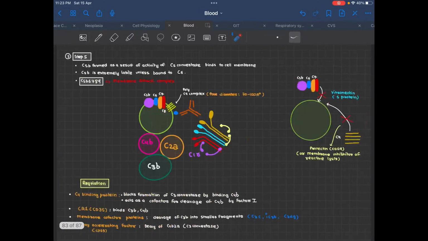So once we have the C5B, which is the bigger subunit, C5B आएगा. Now what's going to happen is C6 भी आ जाएगा, C7 भी आ जाएगा, C8 भी आ जाएगा, and next C9 के multiple units आएंगे. So they're like a poly C9 complex. And what's that going to do? All of these C9 subunits are going to form a pore. Okay, so it's a poly C9 complex, and it's going to form a pore, and that pore is known as a membrane attack complex. So this पूरा portion, that is C5B, 6, 7, 8, 9, is known as a membrane attack complex. So इससे होगा क्या? Once the pore is formed, the contents